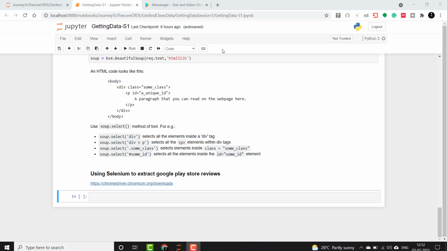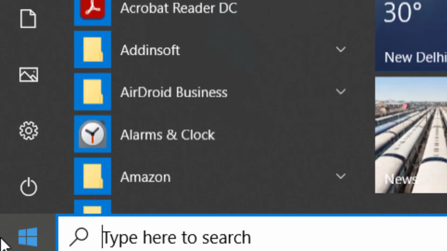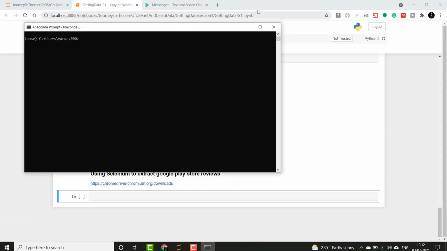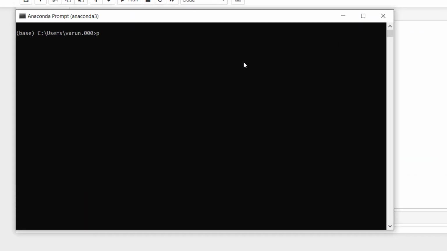Keeping this purpose in mind, we will use Selenium WebDriver to extract the data from the Google Play Store site first, and then apply functions to get the data we need. To download Selenium, we will need to do pip install selenium again. So we will go to the Anaconda prompt again and type here pip install selenium.